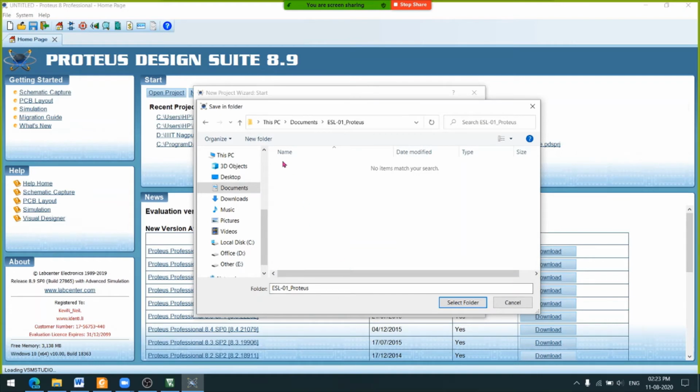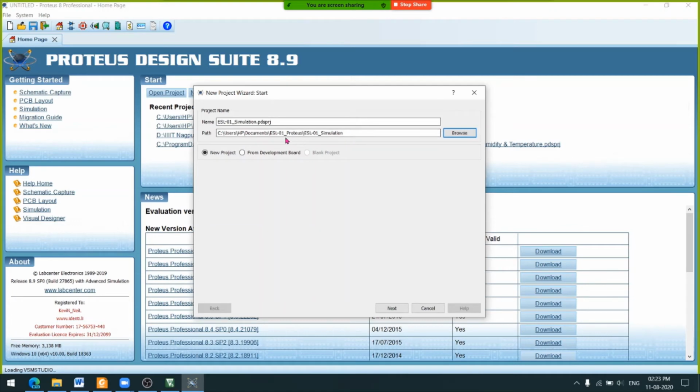Inside this folder, let's create a new folder, ESL-01_simulation. Okay, so let's create this folder.